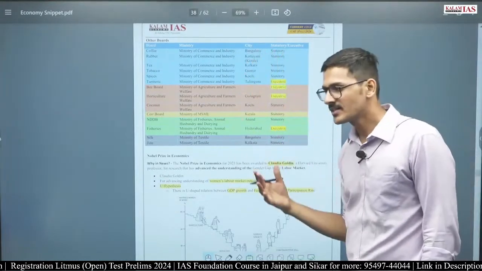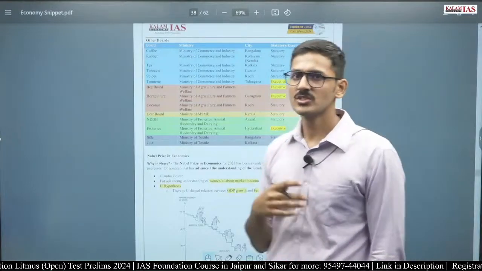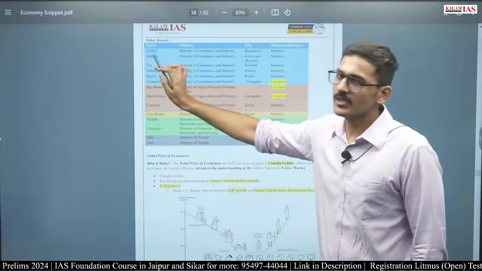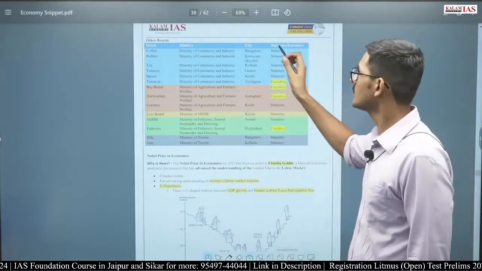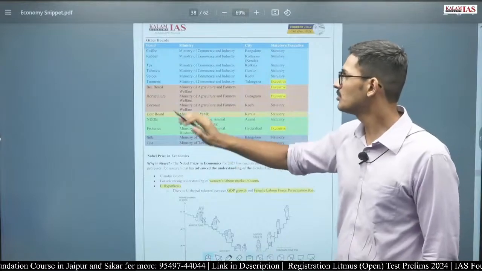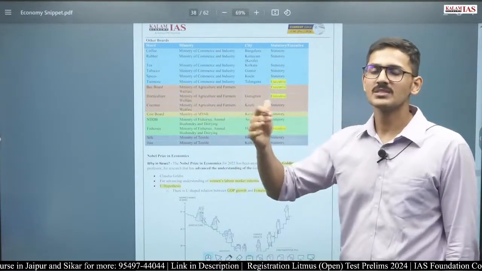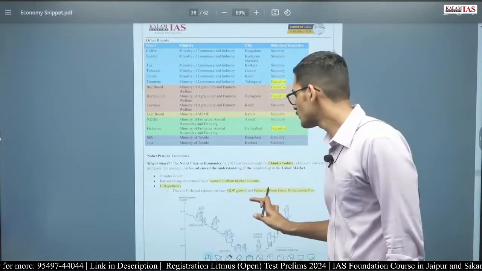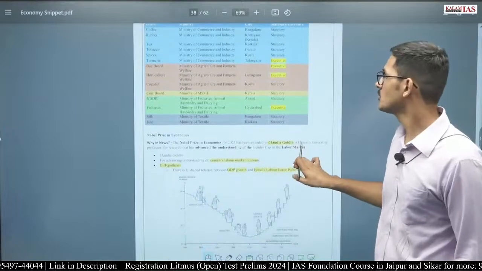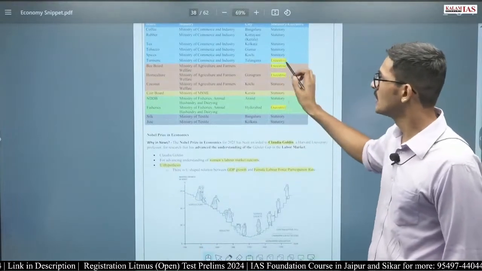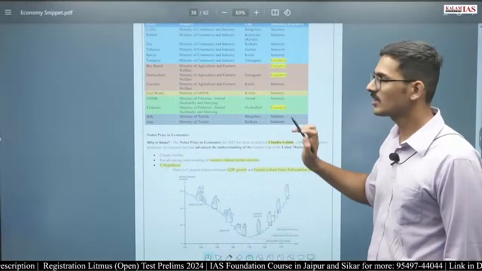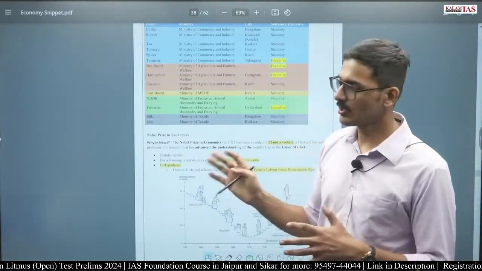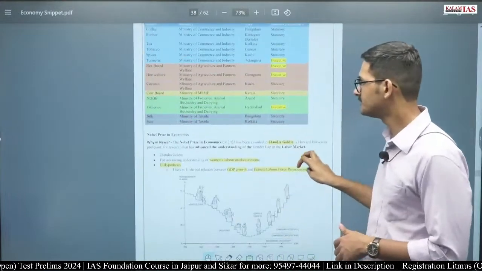You also have to look at the cities. Most of the time, the cities are in the regions of the highest producing areas. For example, coffee production happens in Karnataka, so the board is in Bengaluru. If you look at tea, production happens in Assam and West Bengal, so the board is in Kolkata. So similarly, the cities are also logically arranged. You have to look at which of them are executive. So turmeric board, bee board, horticulture board and fisheries. Turmeric, bee, horticulture and fisheries. These four are executive, rest all are statutory.